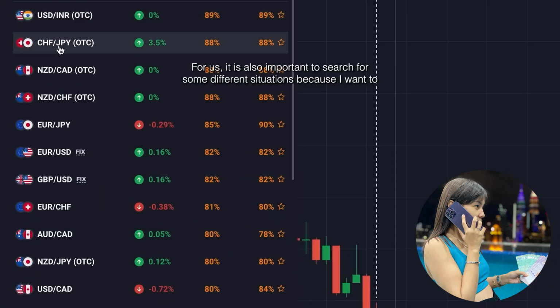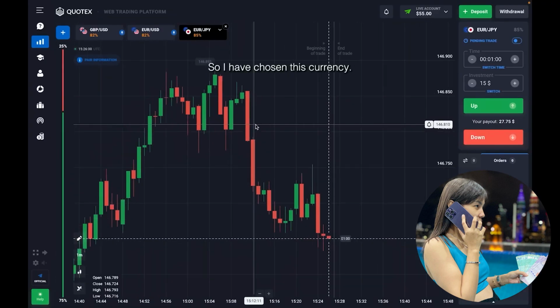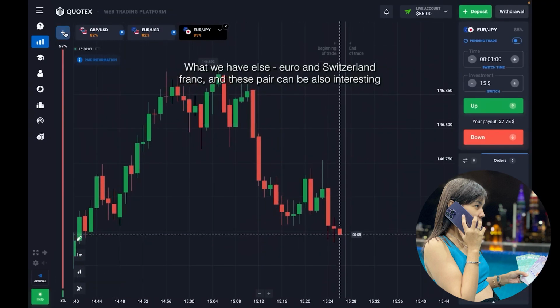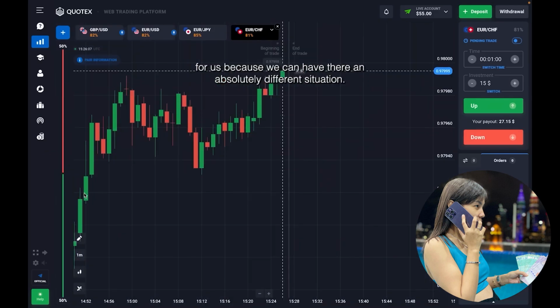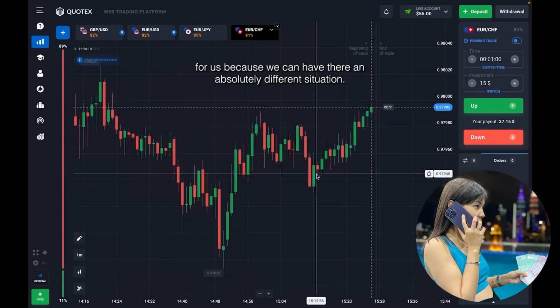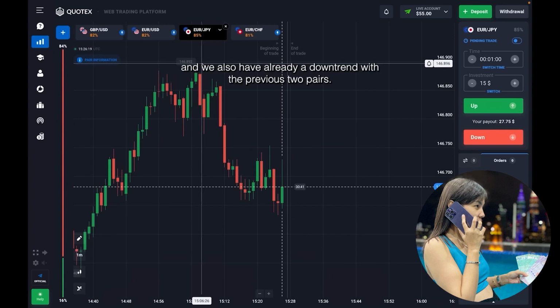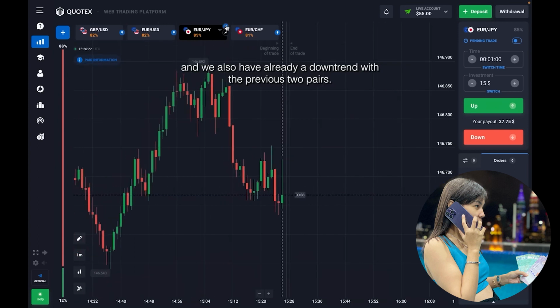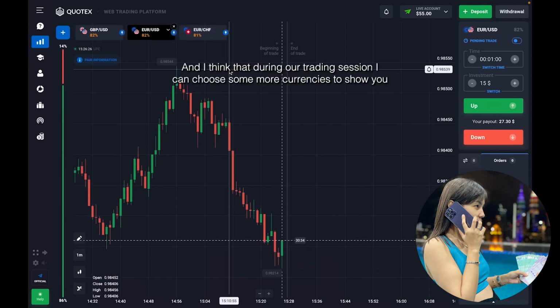And what about other currency pairs? For us, it's also important to search for different situations, because I want to tell you about the market and how it works. So I have chosen this currency, but what else do we have? Euro and Swiss franc, and this pair can also be interesting for us because we can have an absolutely different situation there. So open up this pair and delete this one, because here the situation is not so clear, and I already have a downtrend with the previous two pairs. So I think that I will trade with these currencies,